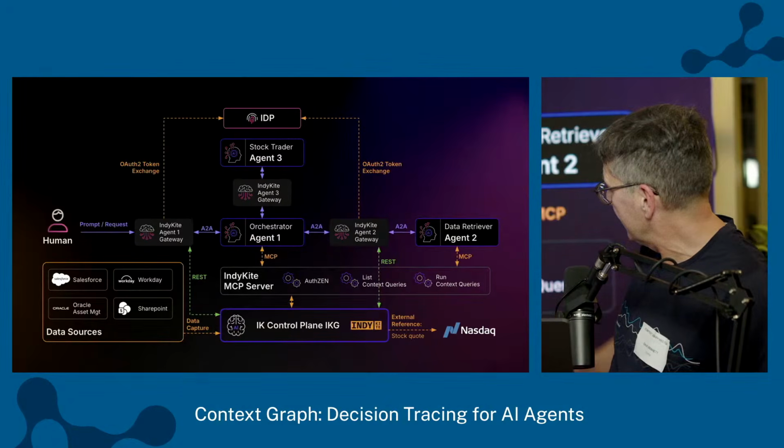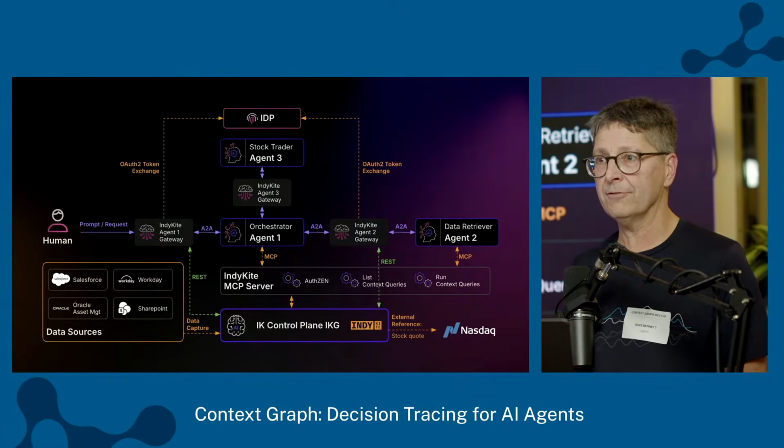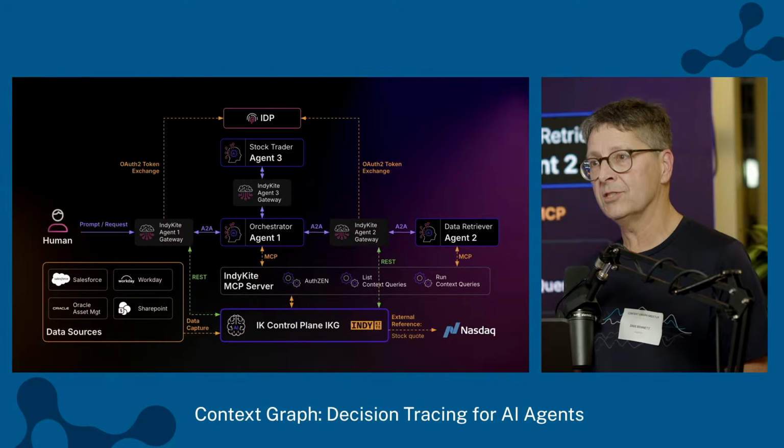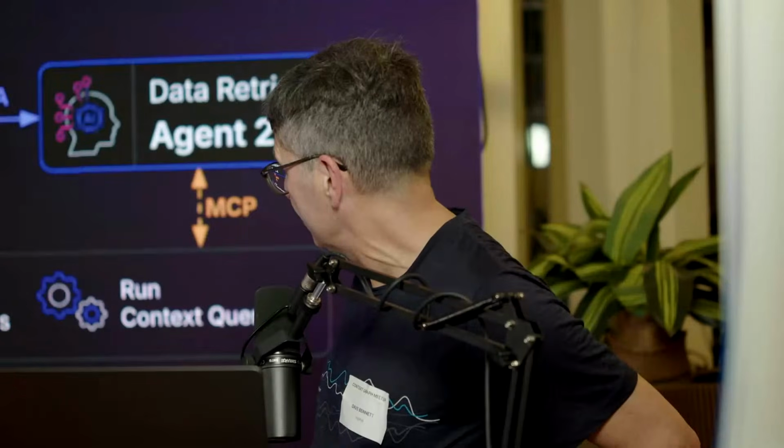Here on the bottom right-hand side, you'll see I've got an external reference. We don't have to materialize all the data in the graph. Sometimes the data is best left outside the graph. It's temporal or telemetry data that maybe needs to be accessed at one point in time and not all the time, and we don't need to fill up our graph with it. So we can reach out and call various APIs to get what information we need. Here I'm going to get a stock quote, a little example I have.